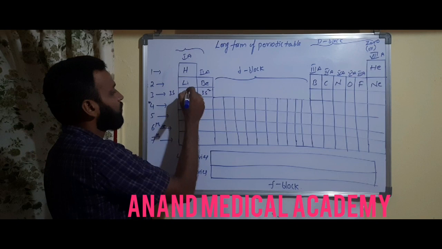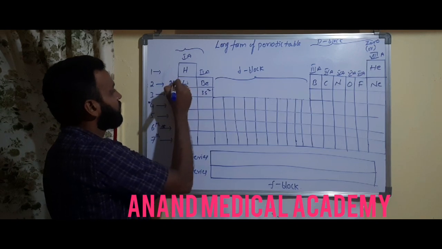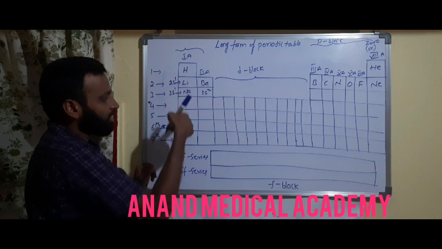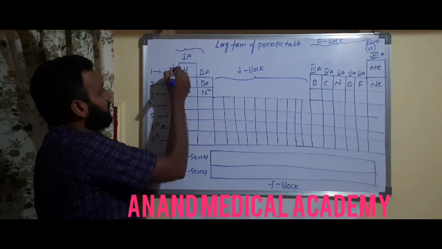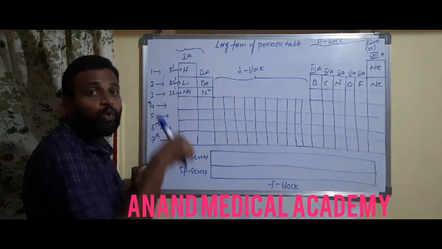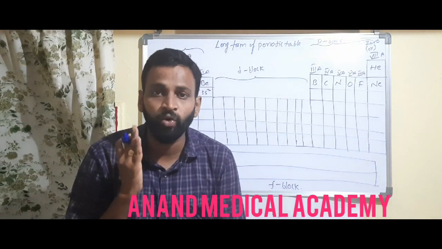That is sodium. Here this is 2s1, lithium, and here 3s1, sodium. Why are lithium and sodium kept here, understood? Because here it is 1s1. So all elements present in a group have a similar configuration. This is one important note for us.